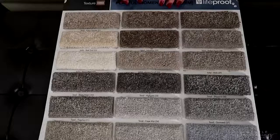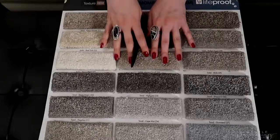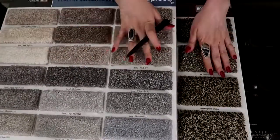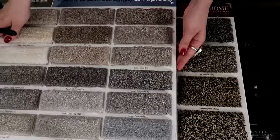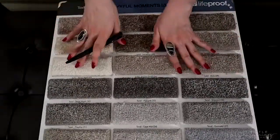So let me show you some samples of our carpets. I know that you had questions about carpets too, right? Okay. So there are most of the time two different styles of carpets that we offer and that you might want to consider. One is a very classic, timeless style